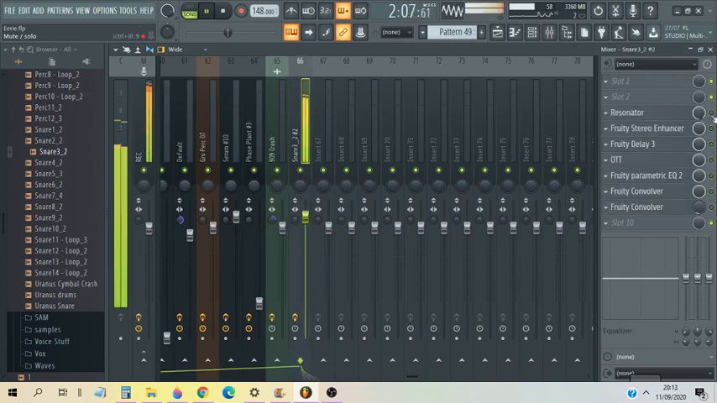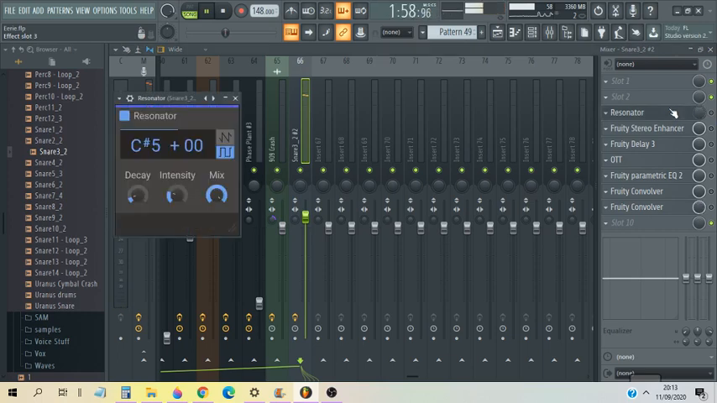So then I decided to add a resonator. Now I'm afraid this is something you might not have, but don't worry, this isn't the most important thing here, so you can still try and make this kind of sound with just FL effects. But what this does, well, I'm not gonna lie, I don't know all the details of what a resonator does, because I very rarely use these things, but generally